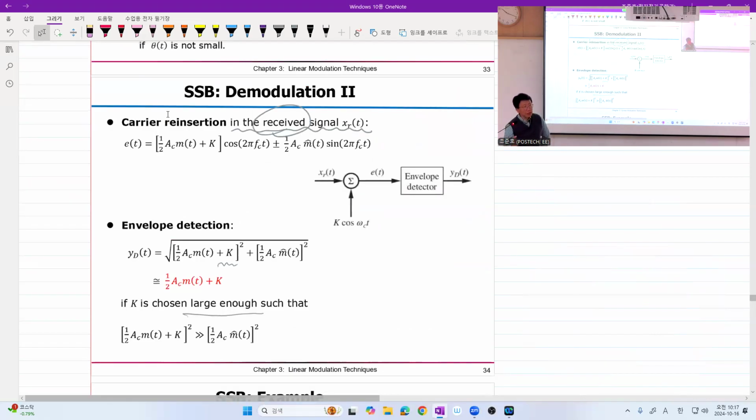So the transmitted signal is SSB. Now what happens at the receiver is this one. So this is your received bandpass signal, and we simply assume this is just SSB. Now you add an unmodulated carrier. See that this is a plus adder, right? Not a multiplier. And this E of t